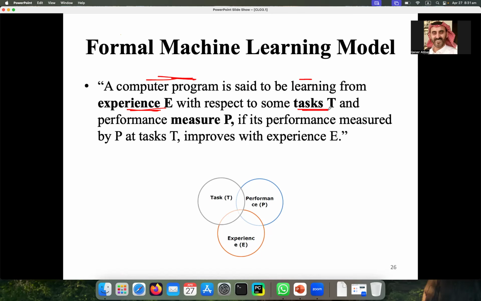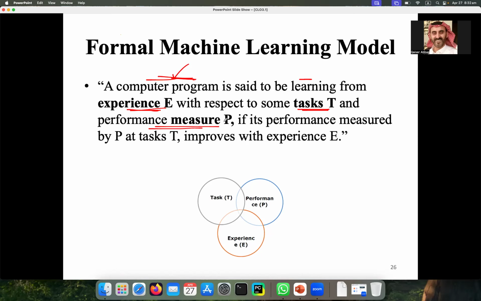That is the example of classification. So your task is, for example, classification. Then your computer program can learn for that task from the experience. And that learning of that computer program you can measure through the performance measure that we are calling P.